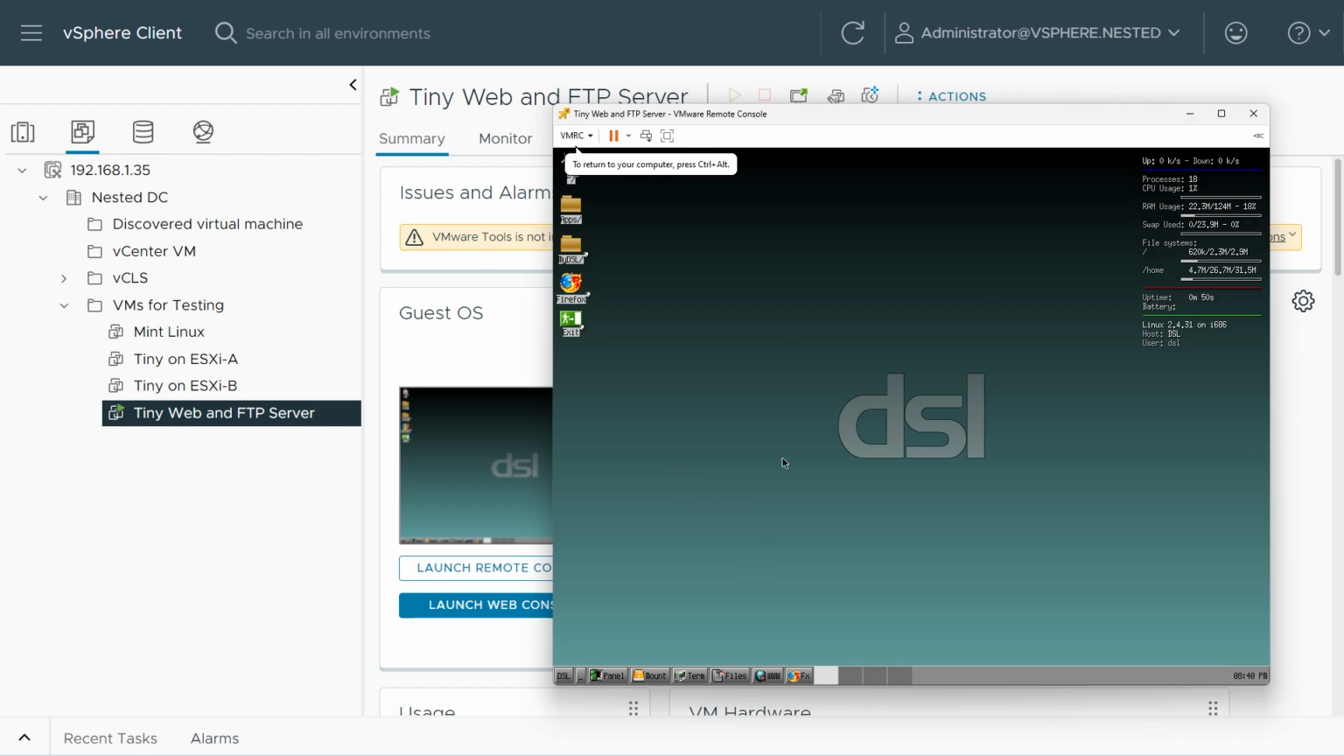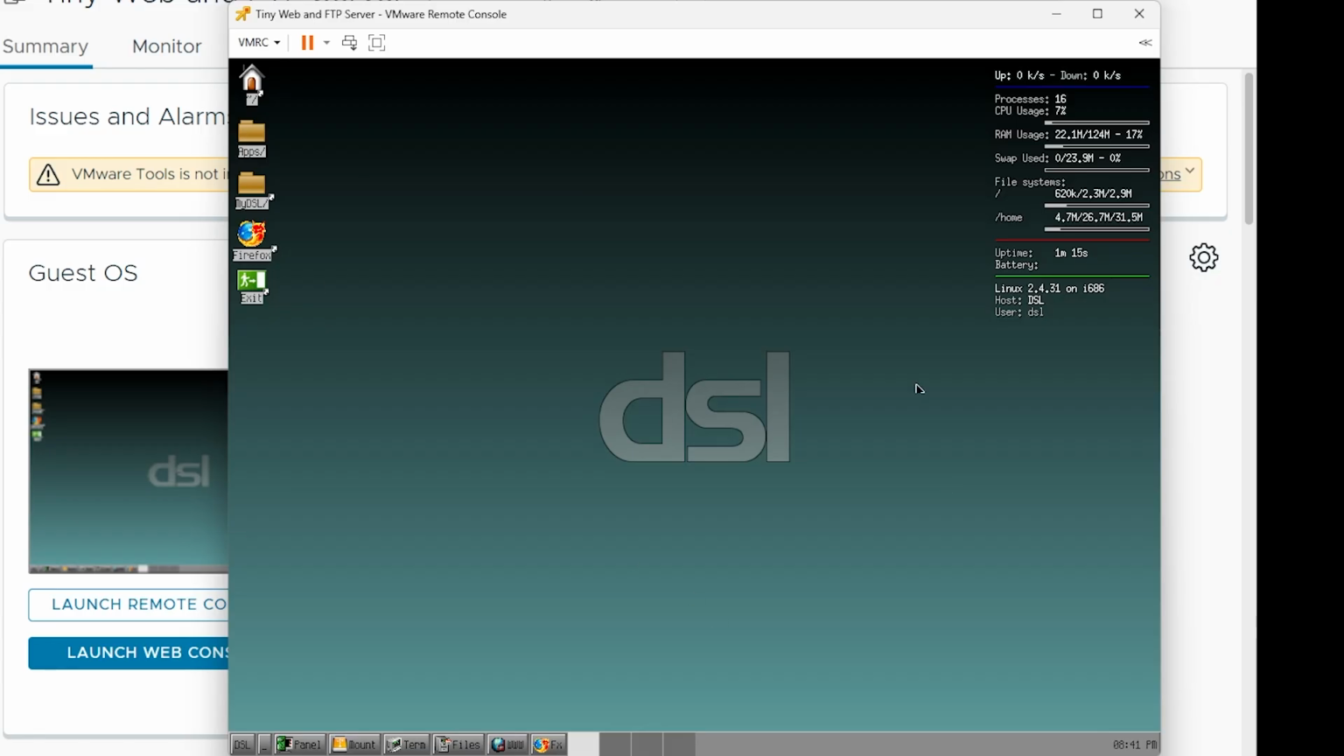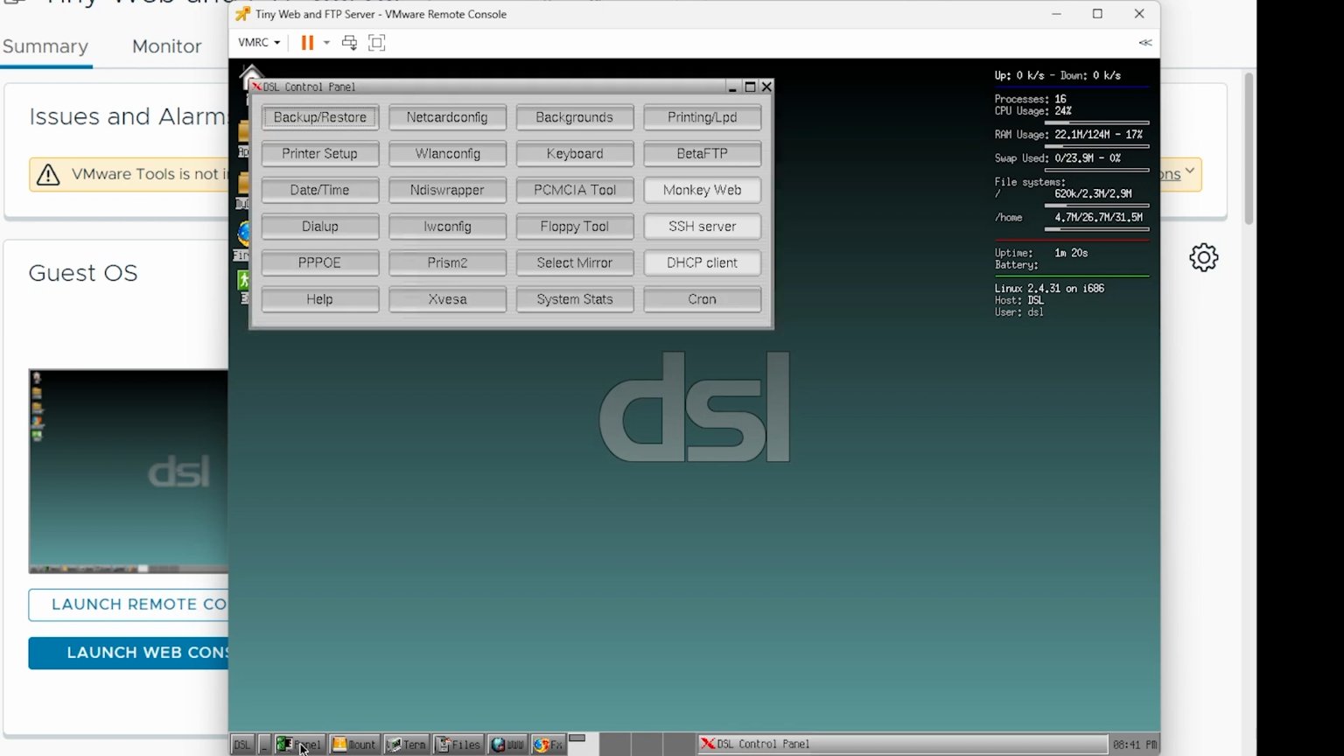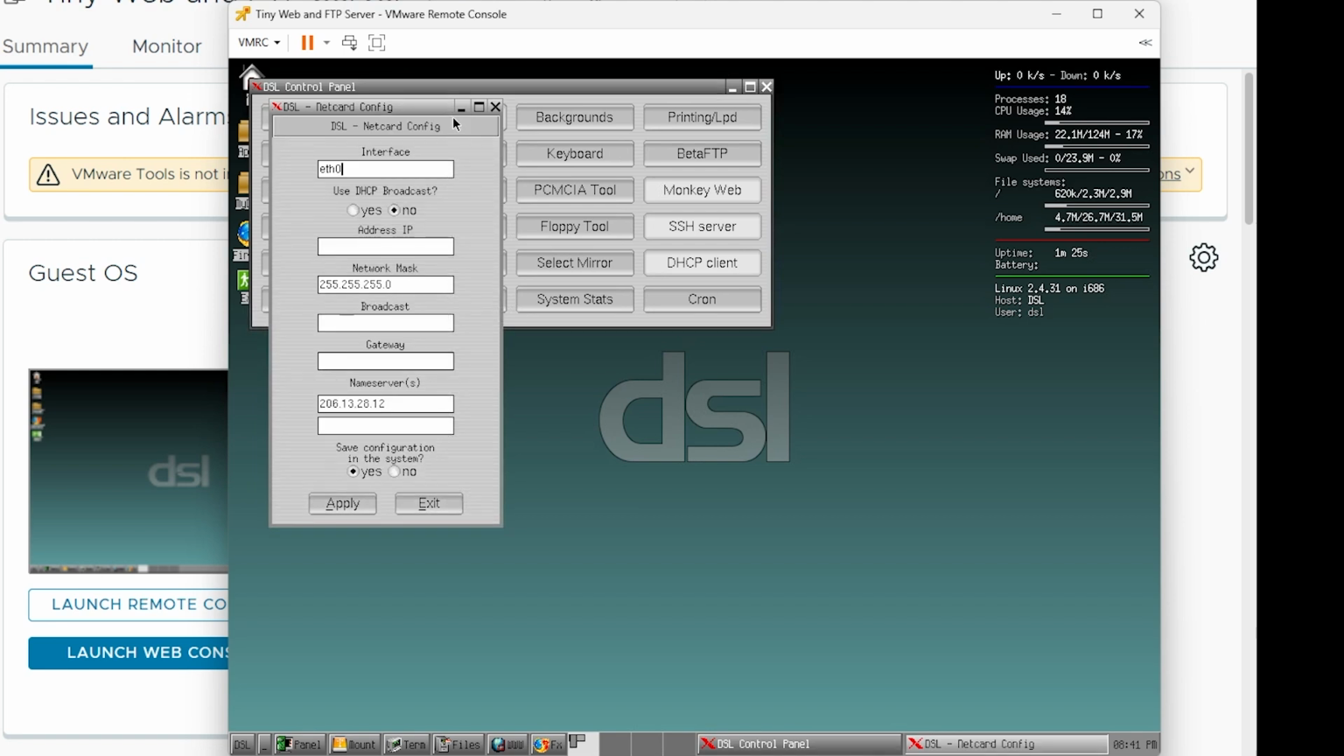This is DSL, Damn Small Linux, and it is capable of web and FTP services, but first we need to configure an IP address. So let me go ahead and click here on panel. I think we can do it right here from the panel. From the DSL control panel, let's go to netcard config, and let's specify the IP address that we want to use, which based on our plan is going to be